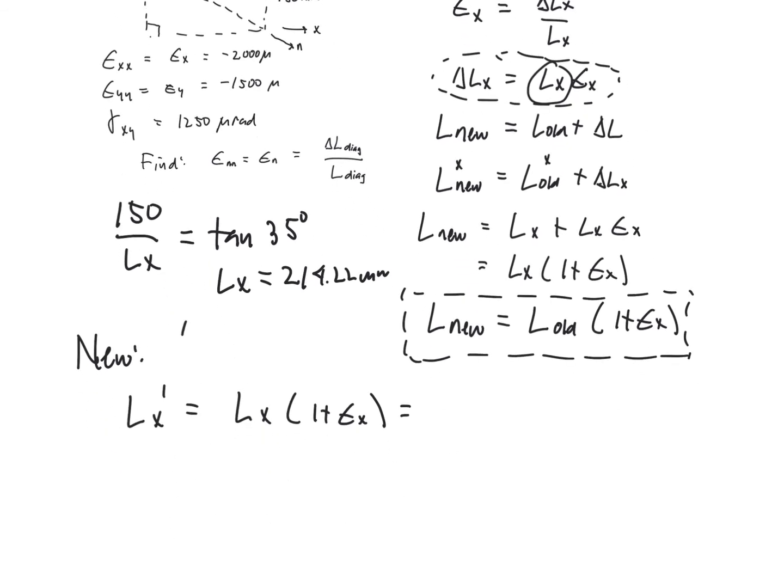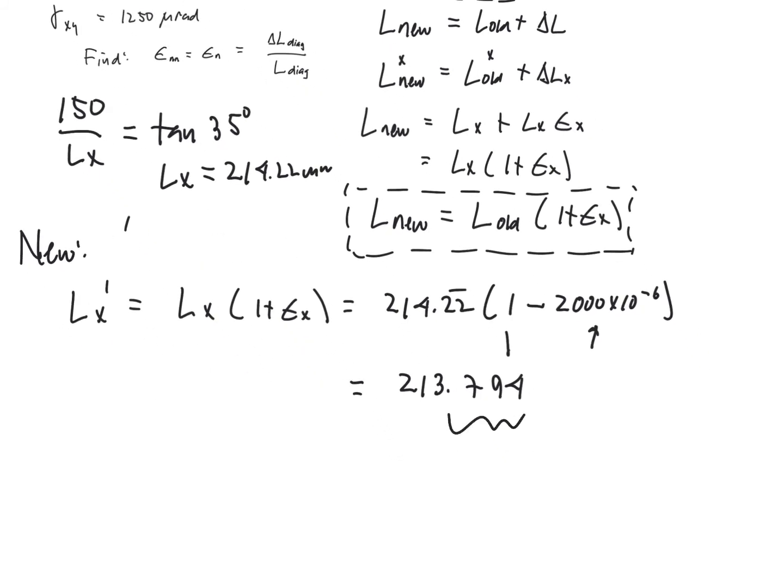So that means then that we've got the 214.22 repeated times 1 minus, because the strain in the x is negative, minus 2,000 times 10 to the minus 6. So that's 1 plus epsilon, and that strain is negative, so it's shrinking. And that turns out to be 213.794. Incidentally, be very careful you don't chop off significant figures when you're doing strain. So you want to keep at least 5, 6 digits. Keep 5, 6 figures